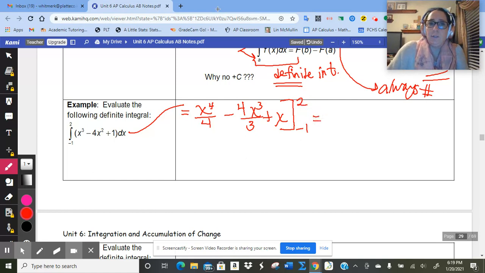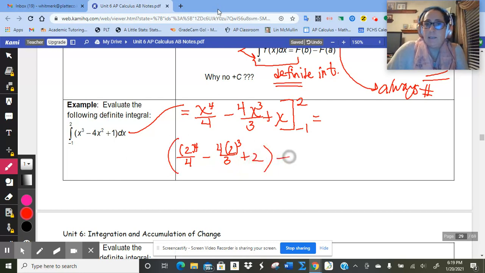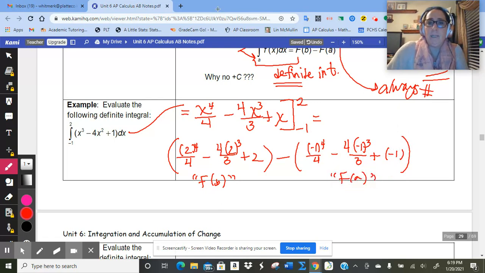So then I plug in my 2. And that's my f of b part. And then I plug in my -1. That's my f of a part. So I am doing my f of b minus f of a,